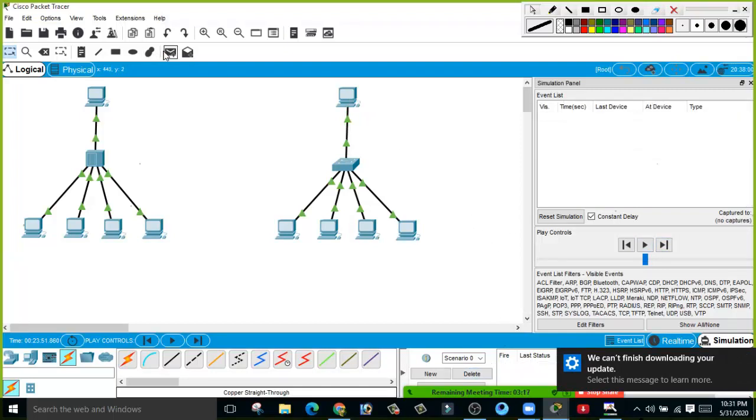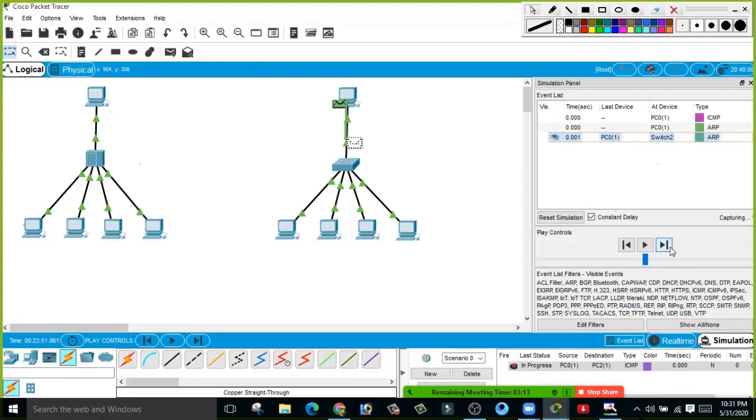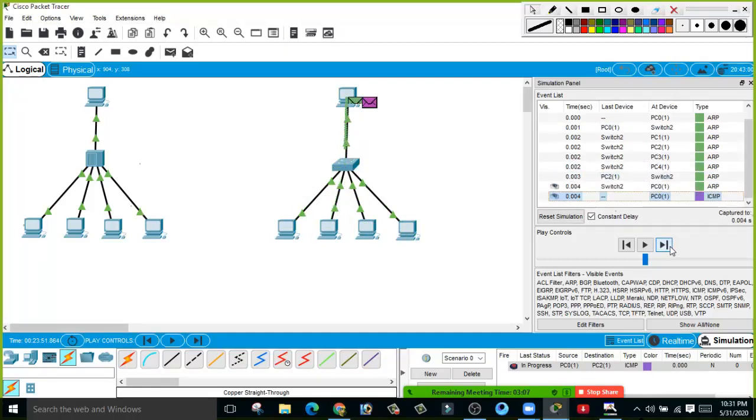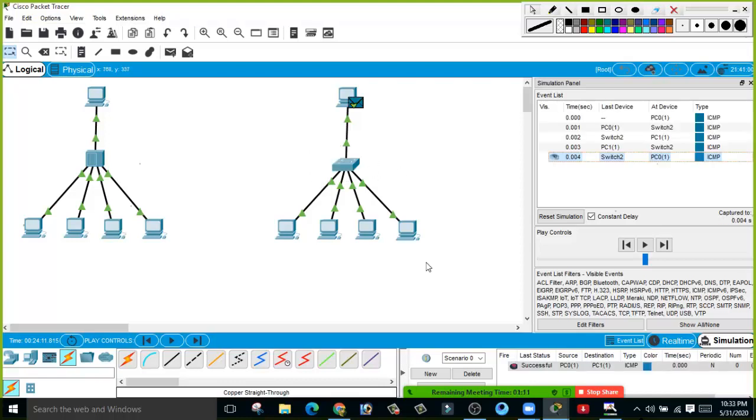Okay, for the first time it is going to broadcast the data because it is requesting for ARP, but once it stores the MAC address of all the devices, it is going to send the data to that particular one device where a user wants to send. Now this switch knows very well, out of these 4 computers, which PC's MAC address is what, so it has stored all the devices' MAC addresses here.